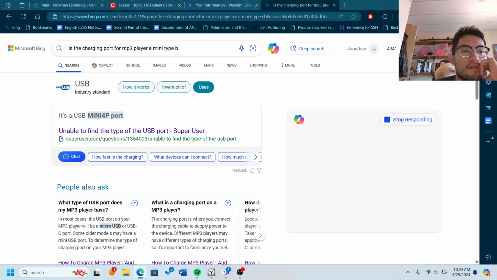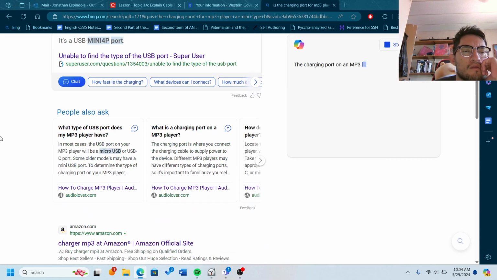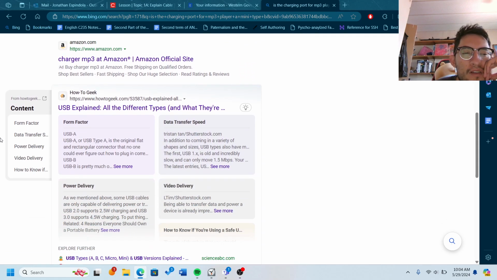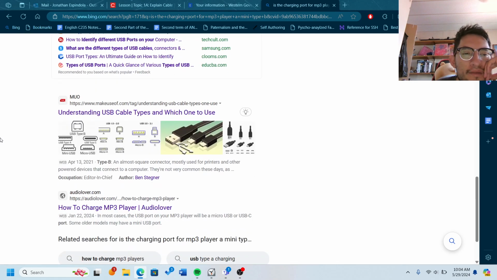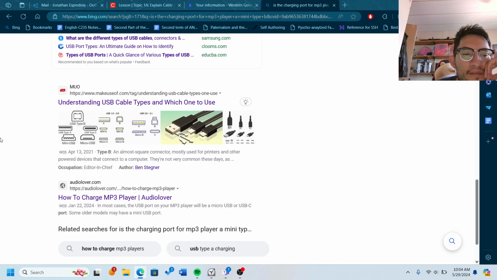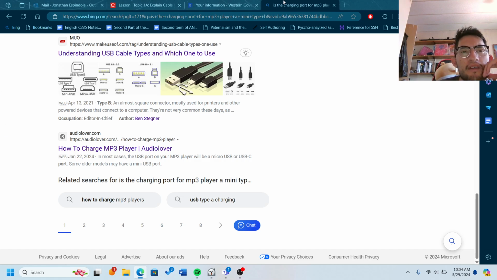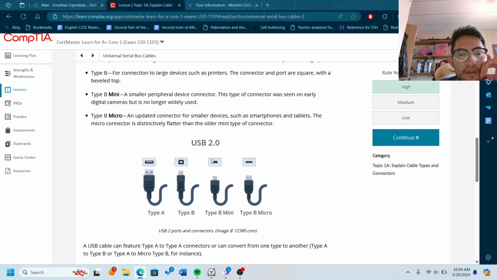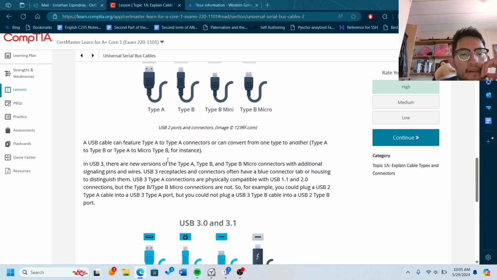Oh, it is a mini. Wait, it is not a micro USB. I remember it has to be something very specific. I mean, they upgraded them, but back in my day, we were definitely using these. That's for sure. Yeah, I think it is now. Okay, so